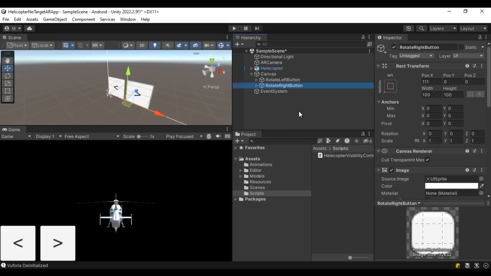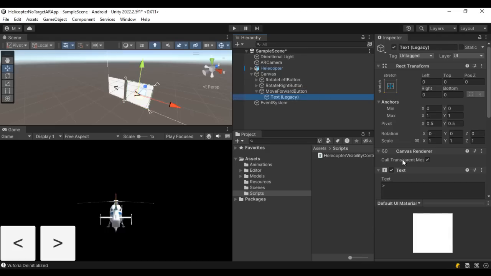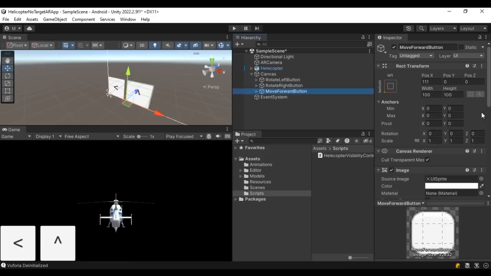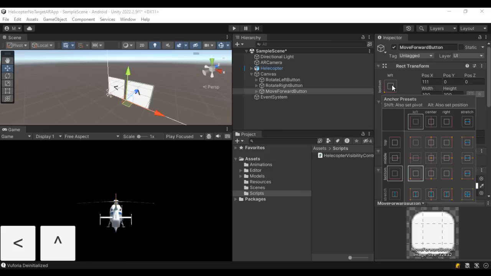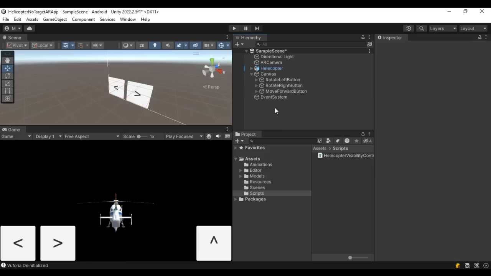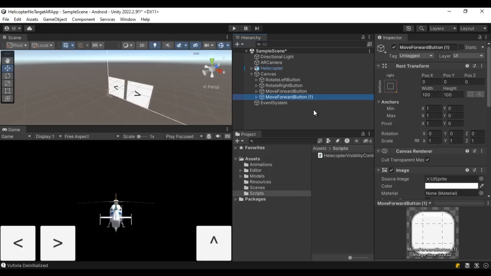I select this, press Ctrl D to duplicate and rename it to move forward button, and then go inside, select the text. I use the caret symbol for forward, move forward. I take help of the preset to place it on the bottom right corner. I click here. Next, I duplicate this, Ctrl D to duplicate, rename it to exit button, and then I select